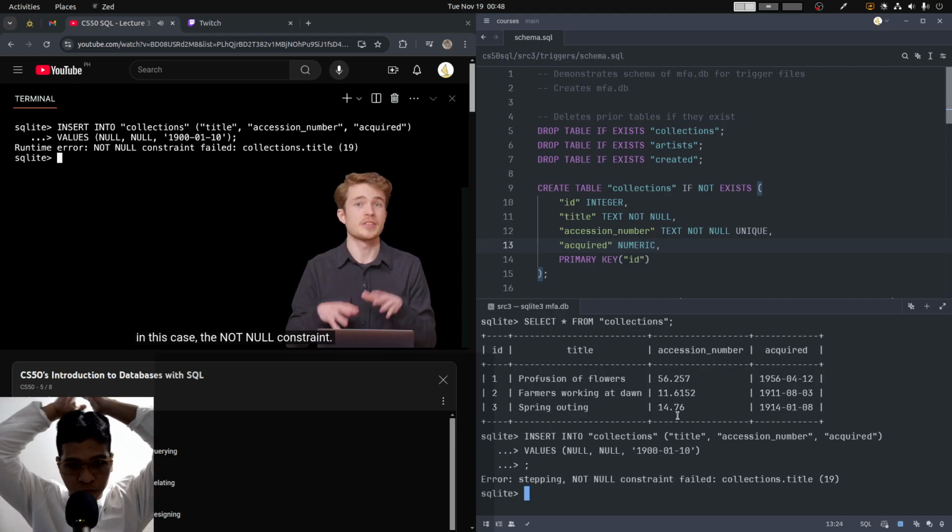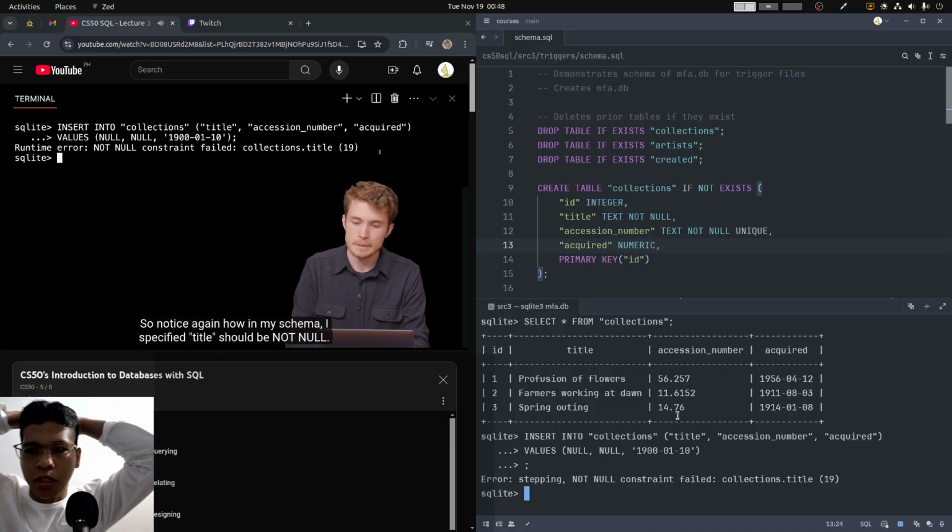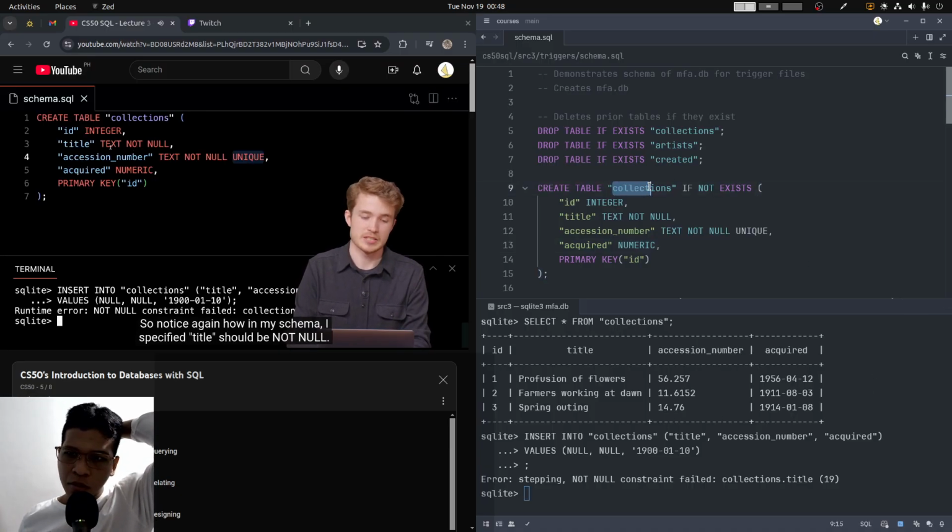Constraint failed, in this case, the not null constraint. So notice again how in my schema, I specified title should be